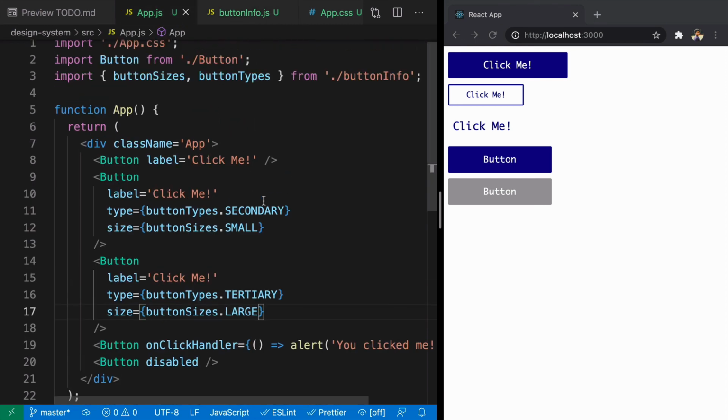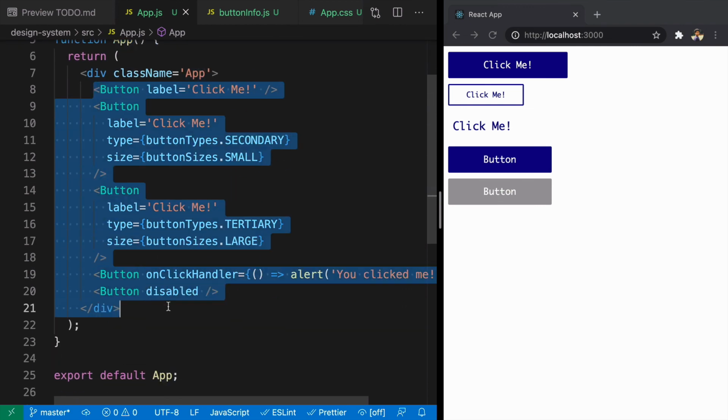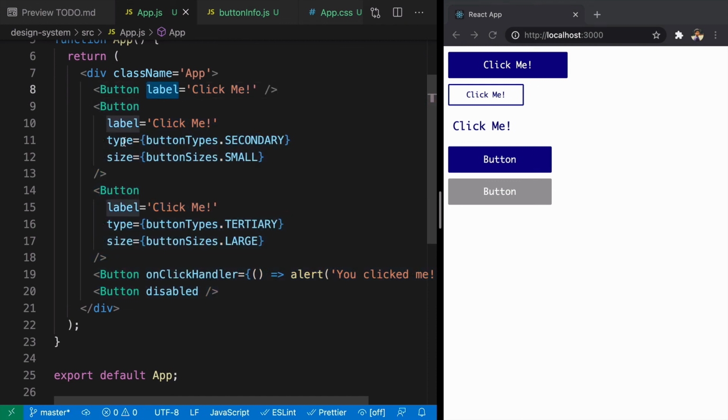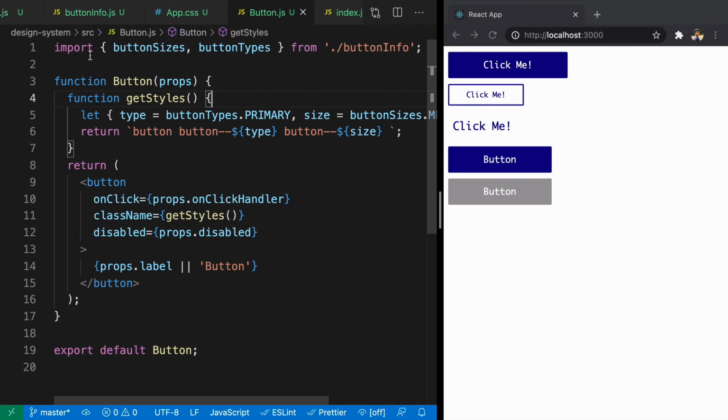So here we have completed it. So let's take a look at it. Here we have our app component. Inside the app component, we have multiple buttons with multiple properties here. We have label, type, size. We also have things like on-click handler and disabled. And in our button component, we're just taking care of all these properties